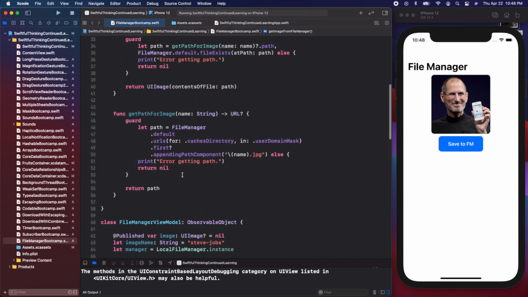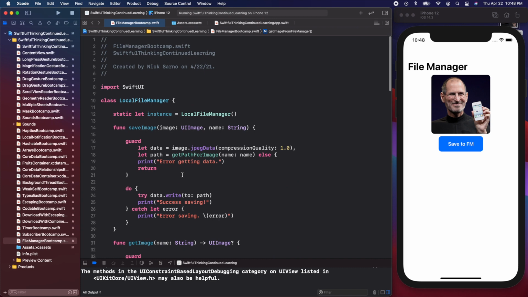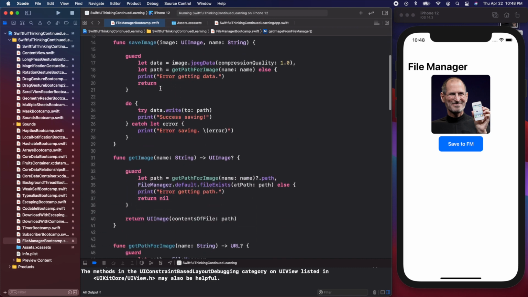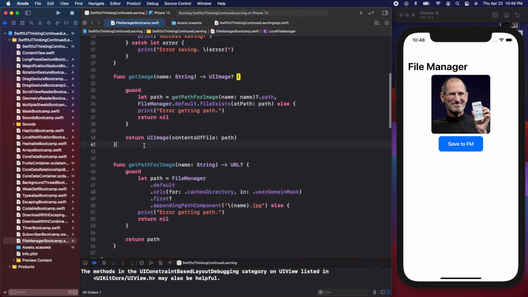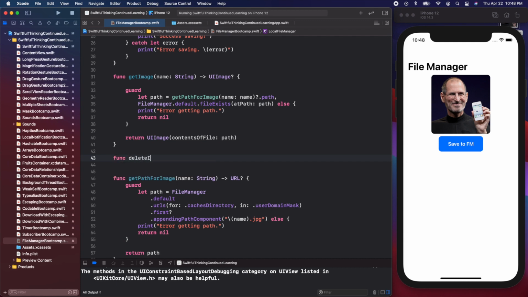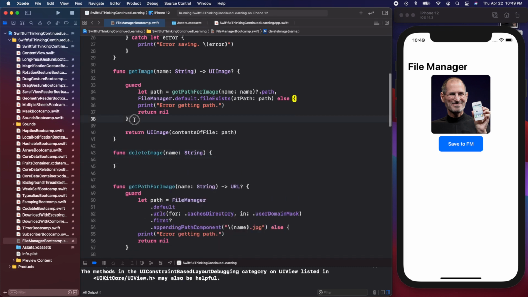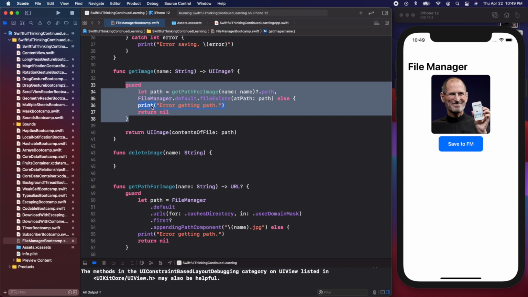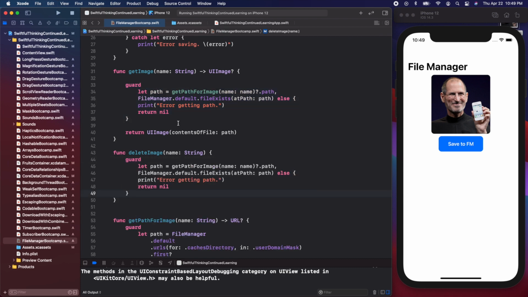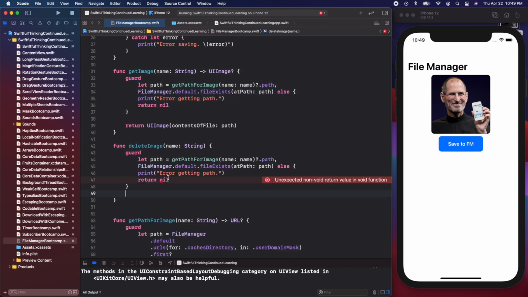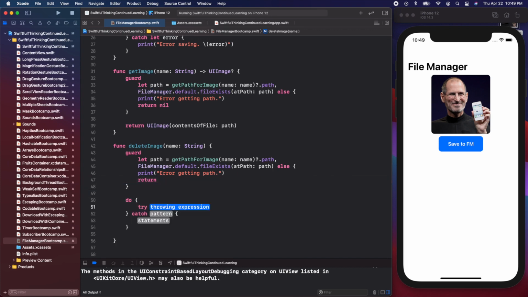Let's go back up to our FileManager class here. Save image, get image, and under here, let's create a func deleteImage. Again, we're going to need the name of type String. We'll open the brackets. And we're going to take this guard statement from the getImage, copy it and just paste it in our deleteImage. We're not returning anything right now, and if it exists, we're going to create a do catch statement. And we're going to try to call